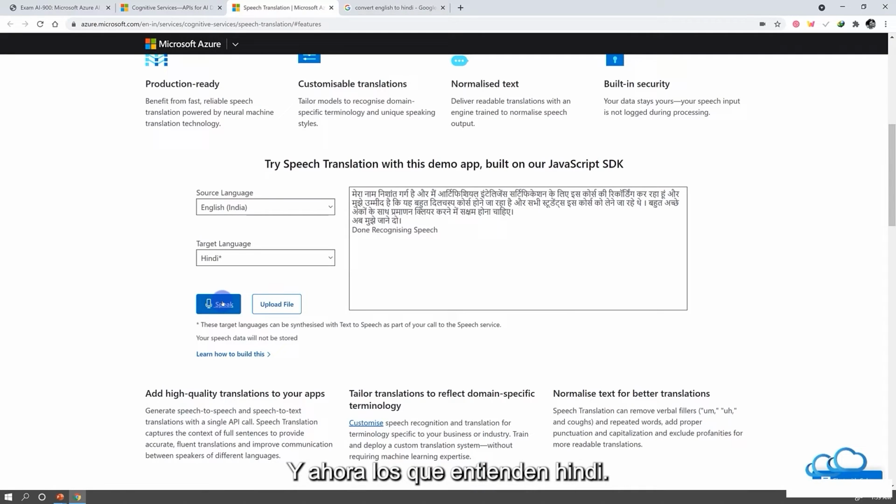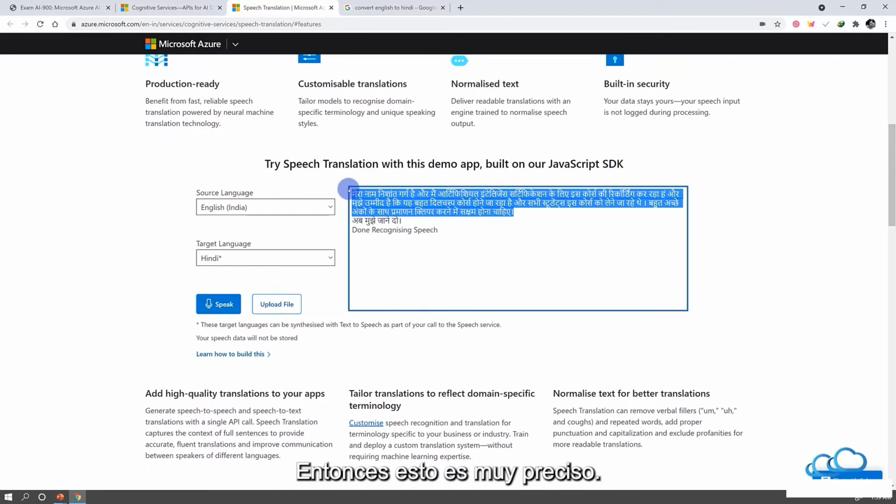Now let me stop this here. And now those who understand Hindi, in Hindi it reads like this. So this is very accurate. This is, I would say, 99% accurate in Hindi language according to what I speak in English language. So this is the